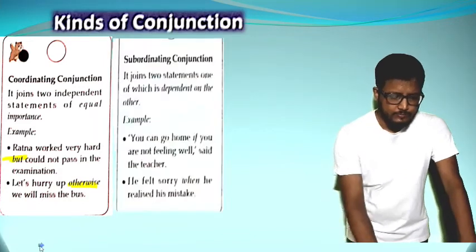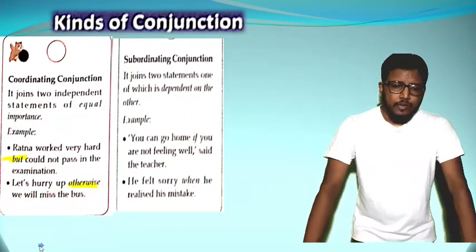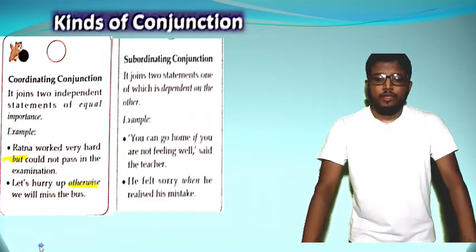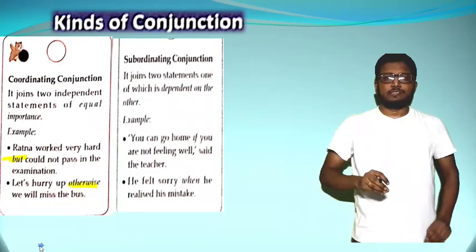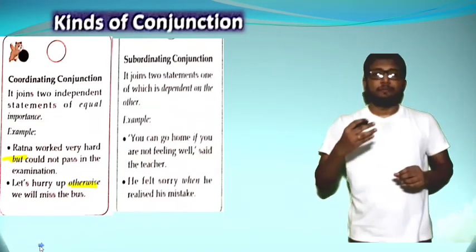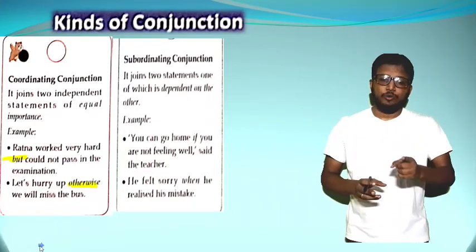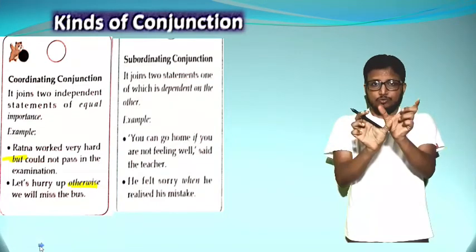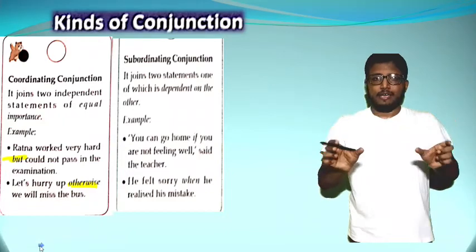And after this, the next one is the subordinating conjunction. It joins two statements, one of which is dependent on the other. The answer hint is already inside the name: subordinating conjunctions mean it's a type of conjunction where dependence matters. So for that reason it joins two statements, one of which is dependent on the other. One is dependent on another. In the first type, the two parts each had equal importance, and here one is